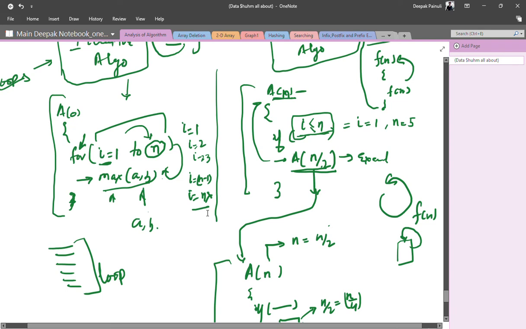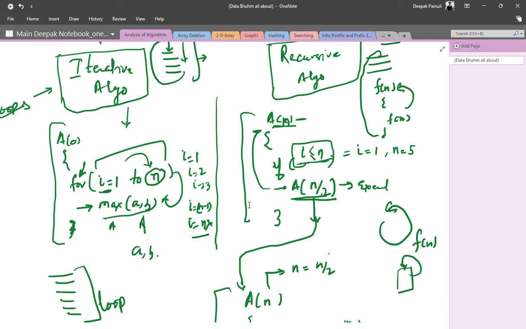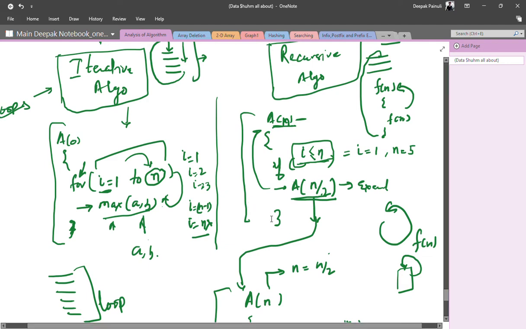Both types of algorithm you can use for a single type of task, but the approach is totally different. Here you are going underneath, calling the function under and under and under, but here we are only looping the statements.